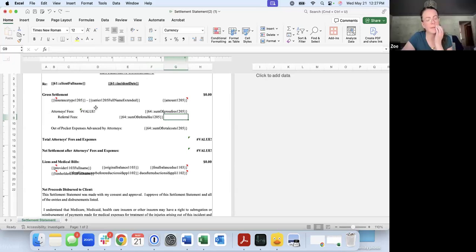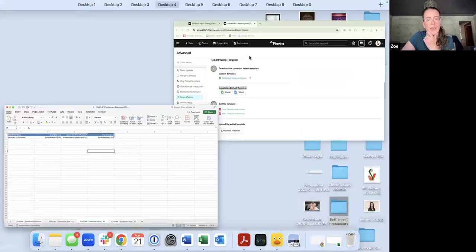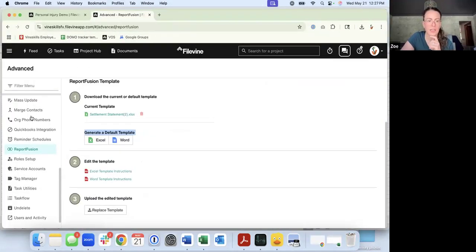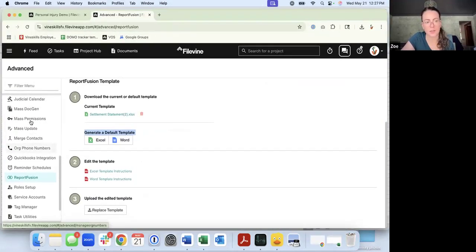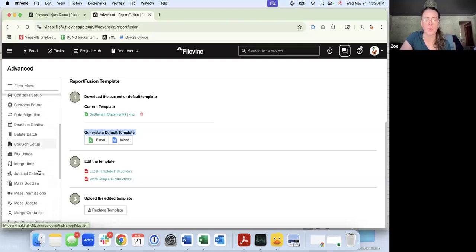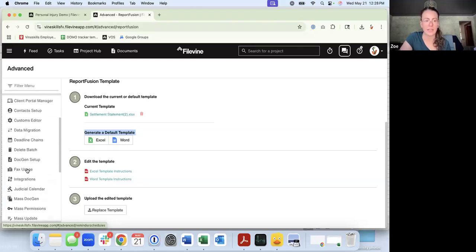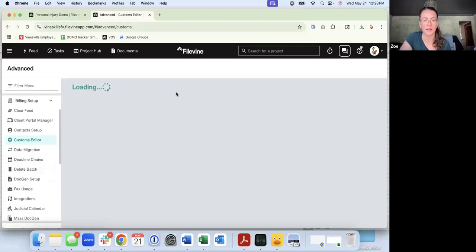Yeah, absolutely. I think I forgot to mention, when doing a report fusion, the process to set that up is a little bit different from DocGens. With DocGens, we need to house that widget or place that in a section first, and then go to DocGen setup and attach the document to that widget. With report fusions, we need to build the fusion first, and then in the custom editor,